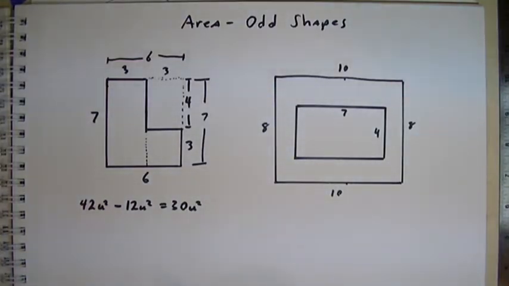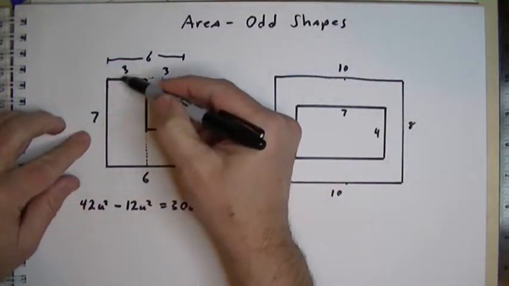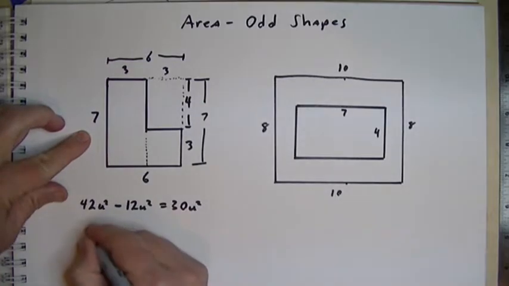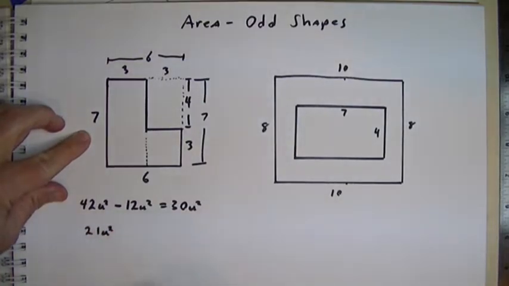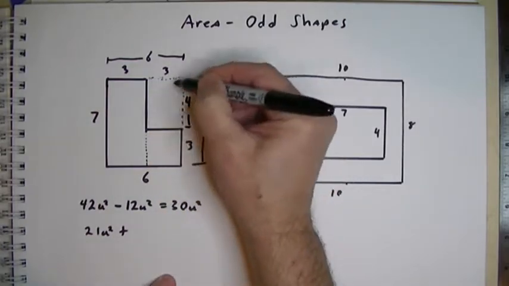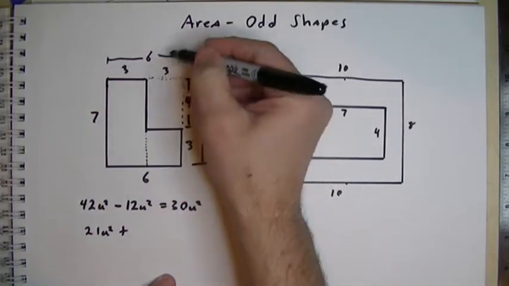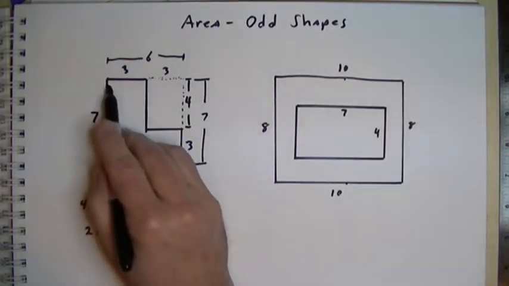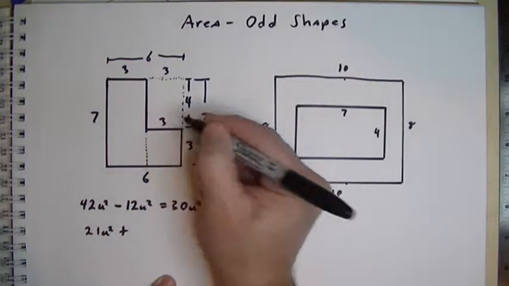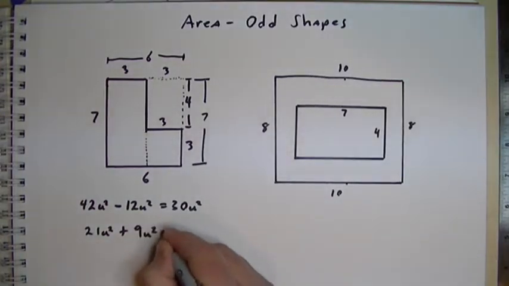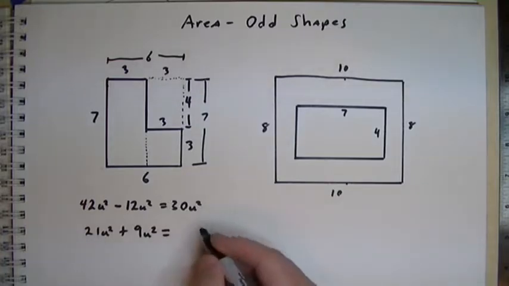Let's do it the other way, just for fun. If we look at this rectangle, it's a 7 by 3. It would be 21 units squared. And now we're going to add this rectangle, and we've already got this dimension from the previous calculation, but if we didn't have it, we could get it the same way. We've got 6 here, we've got 3 here, it's going to leave a 3 here. We're going to add 9 units squared, and look what we get. 21 plus 9 is 30